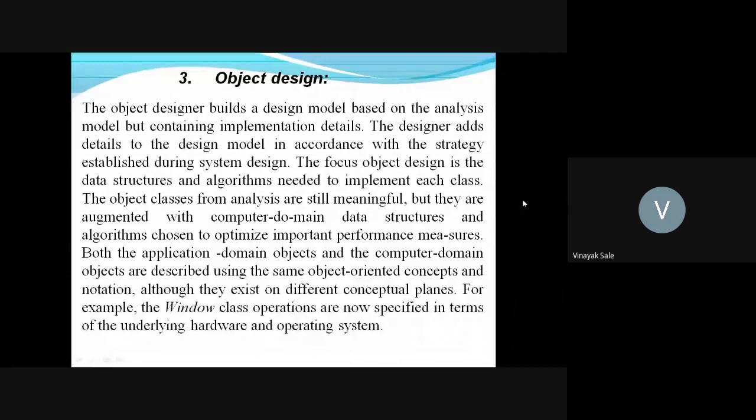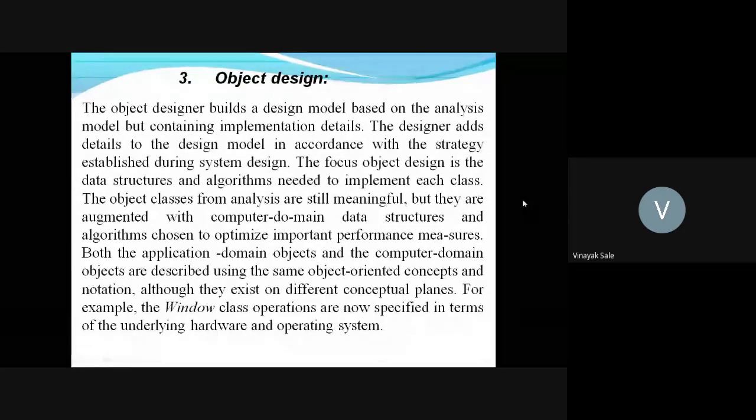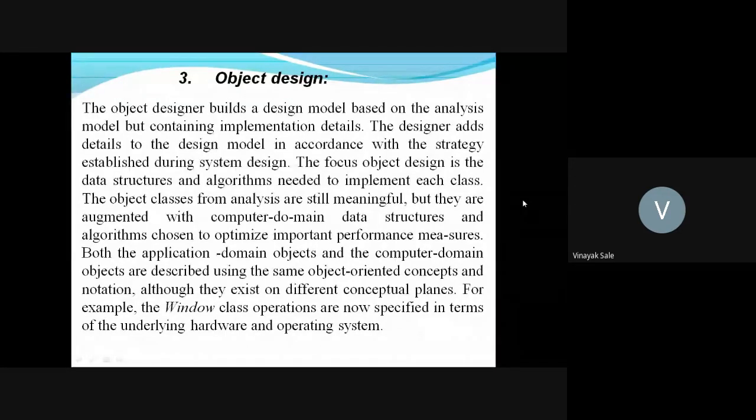The object designer builds a design model based on the analysis model but containing implementation detail. Once your problem is defined and analyzed, the system designers start the system design, which is then implemented based on the object model.